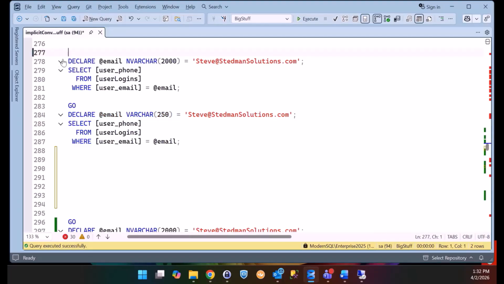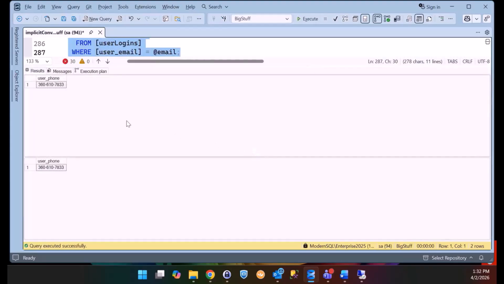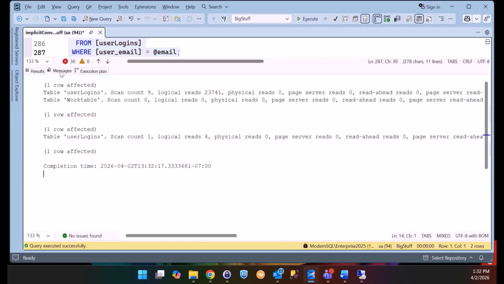Well, it's probably going to be quite similar to what happened in the last one, because you're still comparing a varchar to an nvarchar, or I think it's the other way around. Yep. So let's take a look and find out, because I don't know the answer until I look at the plan or the messages window. So the first one is going to take all the time,